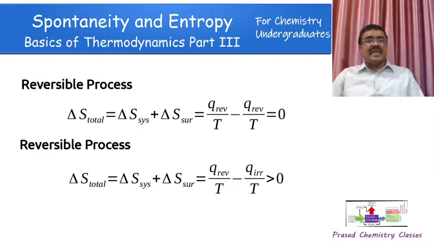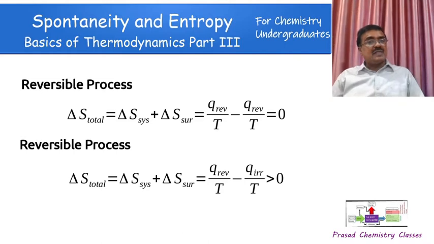And if it is an irreversible process, in the slide, the second step, we have to correct it as irreversible. It is by mistake put as reversible process itself. So if it is an irreversible process, the change in entropy of the system will be the same. It will be Q reversible by T itself, because change in entropy depends on the initial and final state only. It is a state function. We have already proven it.